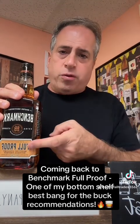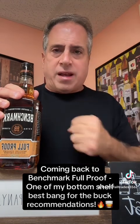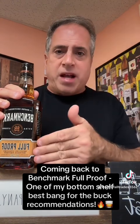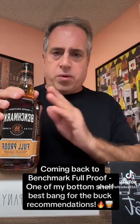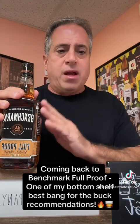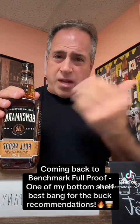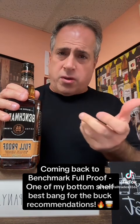It is a foolproof, which means by definition it is bottled at the same proof that it enters the barrel at. The maximum proof that it can enter the barrel at to be a bourbon is 125 proof. This is at the maximum, and this is exactly bottled at what it is put into the barrel at, 125 proof. Age is about 4 years, as is, I believe, the entire Benchmark lineup, and the mash bill is undisclosed, but